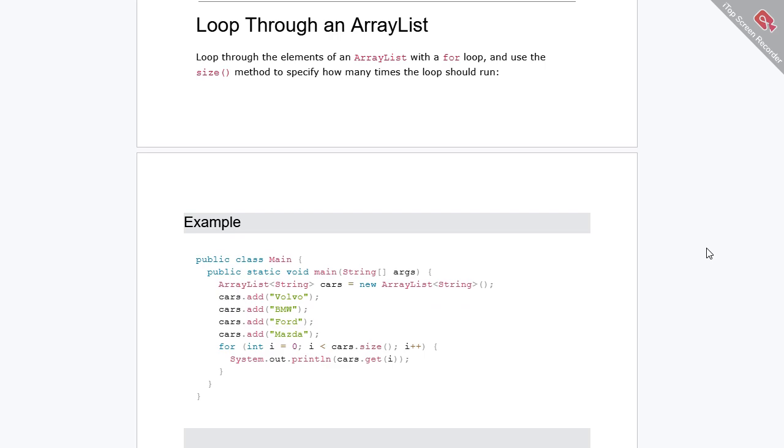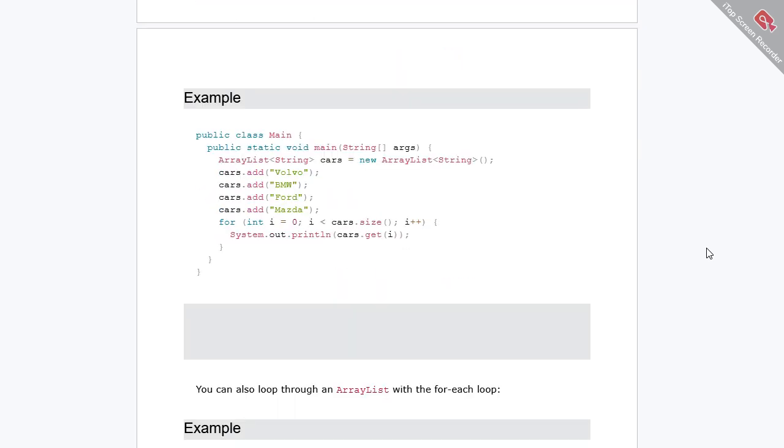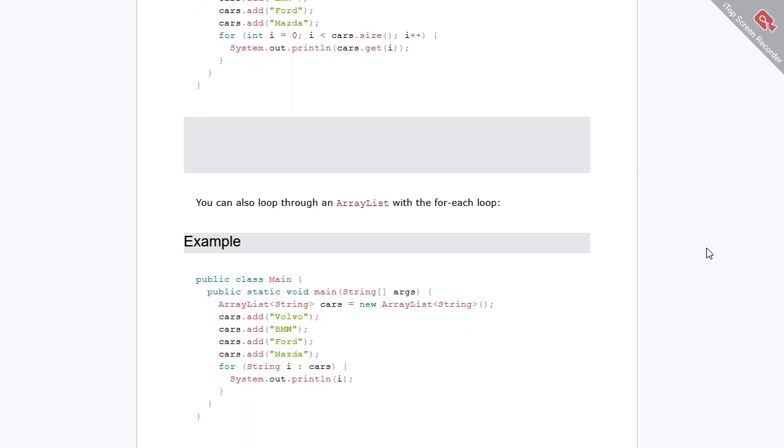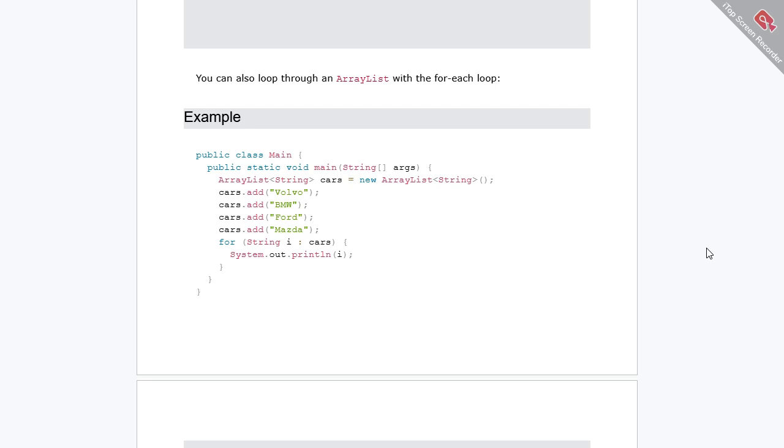Public class Main { public static void main(String[] args) { ArrayList<String> cars = new ArrayList<String>(); cars.add("Volvo"); for (int i = 0; i < cars.size(); i++) { System.out.println(cars.get(i)); You can also loop through an ArrayList with the for-each loop: for (String i : cars) { System.out.println(i);